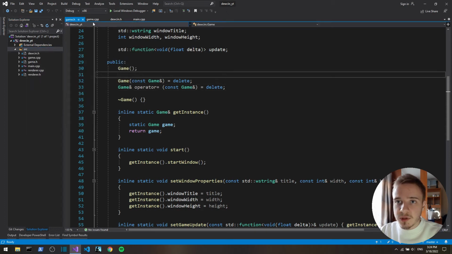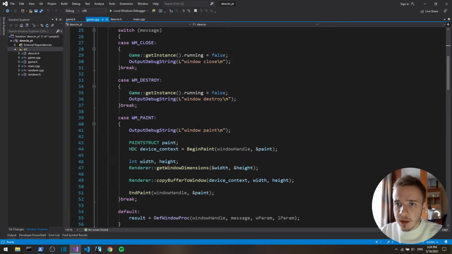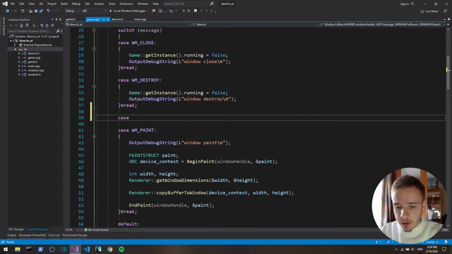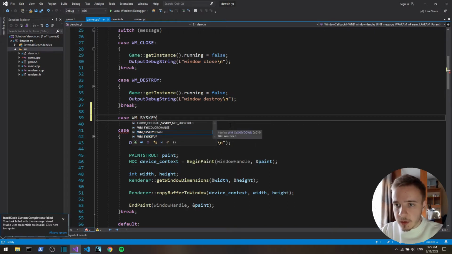Well, let's first modify the game.cpp. So in our window callback function, which handles window events, we're gonna handle the keys being pressed and released. So WM_SYSKEYDOWN,